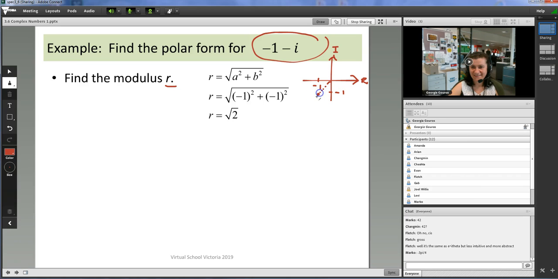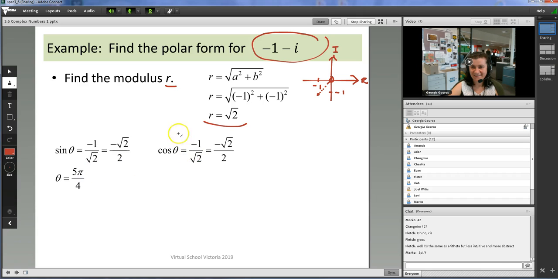So we've got to work out how to express that in polar form. We need to work out the distance from the origin, which is negative 1 squared plus negative 1 squared. Just applying a bit of Pythagoras' theorem, the modulus, the distance from the origin, is root 2. Then we can work out the angle. We can see that it's just going to be a pi on 4 type of angle, but we've got to make sure we express it correctly as an argument in the correct interval, in the correct domain. So we know that that angle there,